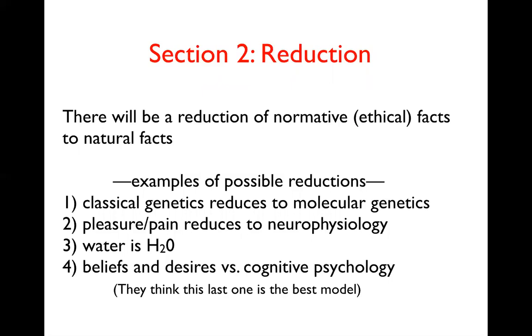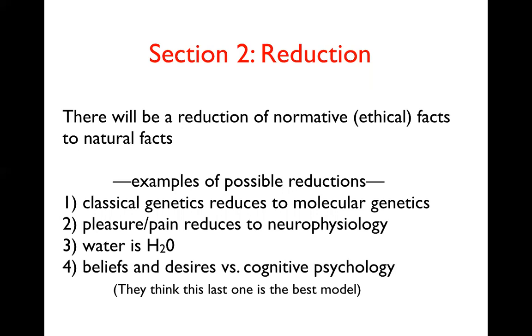So reduction is a kind of explanatory reduction. The idea is that there's something deeper really going on. So here are some possible examples, things that have been mentioned in the literature. It's not clear that they accept all of these things. They just mention them as things that other people accept. So there's classical genetics. You learn about Mendel's laws and various patterns of inheritance. And that's true. Those things really are explanatory, and it really is useful to know that a trait is dominant, for example. But what's really going on at the deeper level, what explains those higher level things, is molecular genetics, DNA sequences and gene expression.